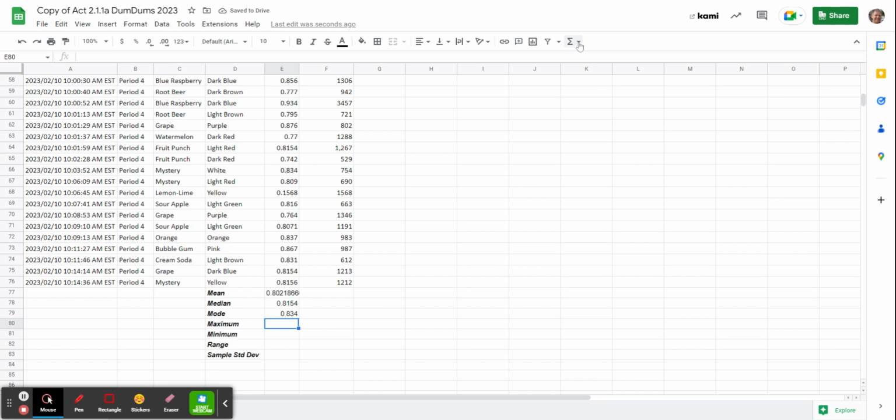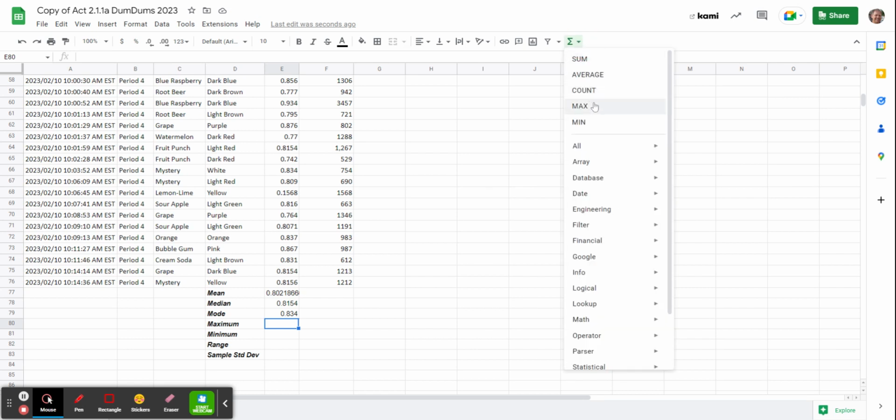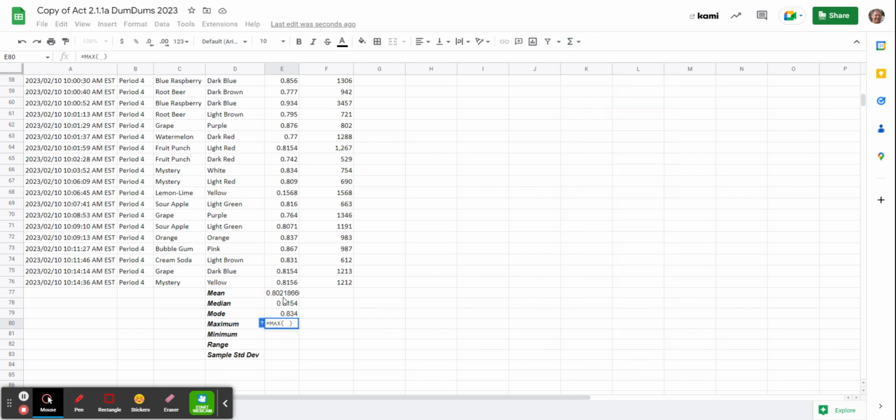Now maximum. For the maximum, I can click on that down arrow under sigma and then max. Again it's E2 colon E76, or you can click and drag. And minimum is click the down arrow and choose min. Again, E2 colon E76, hit enter. Now range is going to be equal to the max, 0.9401, minus the minimum, 0.0871. So I'm going to type equals, click on the number for max, do minus, and click on the number for min,